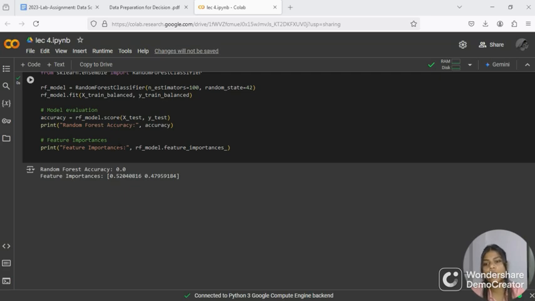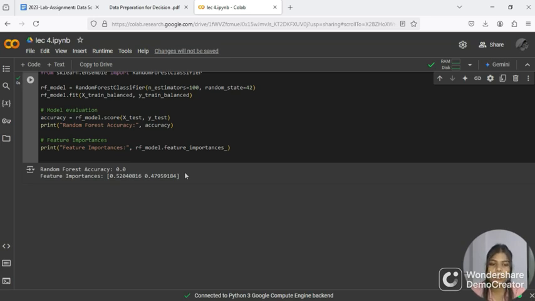And we can see the output of the code. The code gives the output random forest accuracy equal to 0.0, which is very poor performance, and the feature importance is this. So the performance of the model is very poor. Random forest accuracy is 0.0, which indicates the model is not making any correct predictions. And the feature importance implies the first feature is slightly more important, which is 52%, and the second feature is 48%, in determining prediction, but this is not meaningful given the poor model performance.